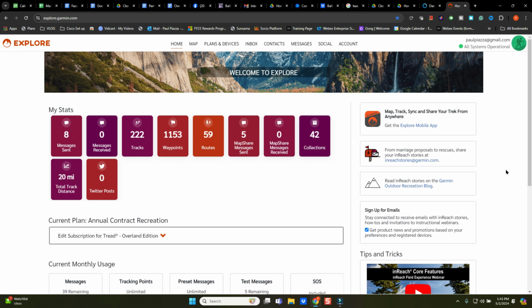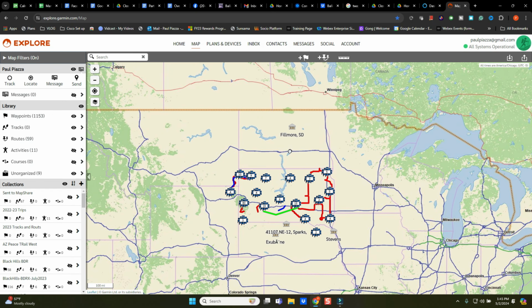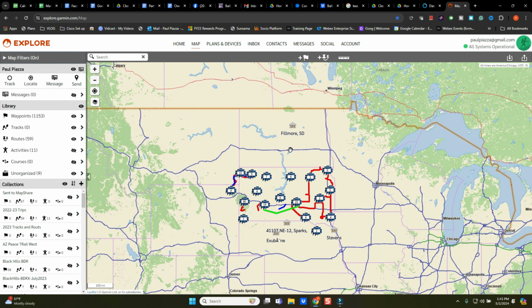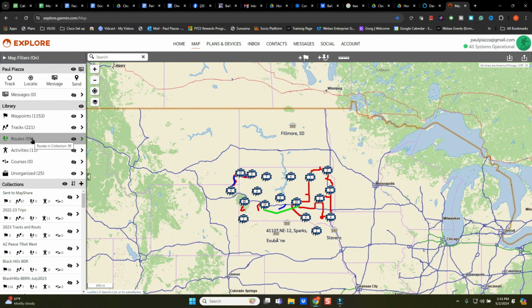So that's the homepage. I come here about once a month, just kind of check to see how I'm doing in areas like that. But today we're really going to get into the meat and potatoes of what is the Tread app. You can see here right now I have it set at a pretty high level on the map itself, but we're going to pay more attention to this area over here. You can collapse this, first of all, if you want to. A lot of people don't know you could do that, and honestly it's kind of a bear to get it back, but we got it back.